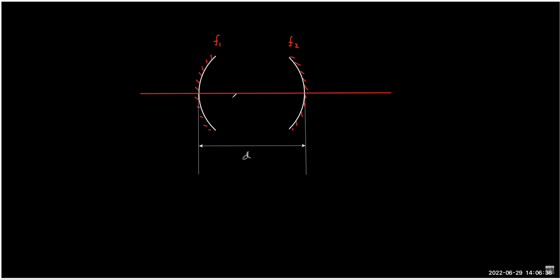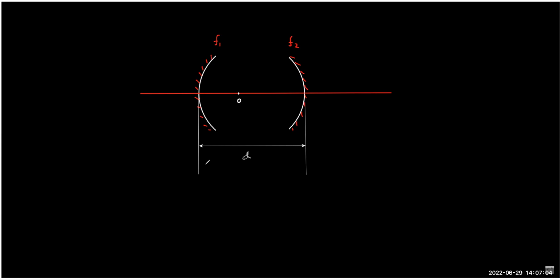So d is the separation, f1 and f2 are the focal lengths of the two mirrors. Now the question is, if you keep some object between the mirrors somewhere, I don't know where. So the question is, for what value of d,